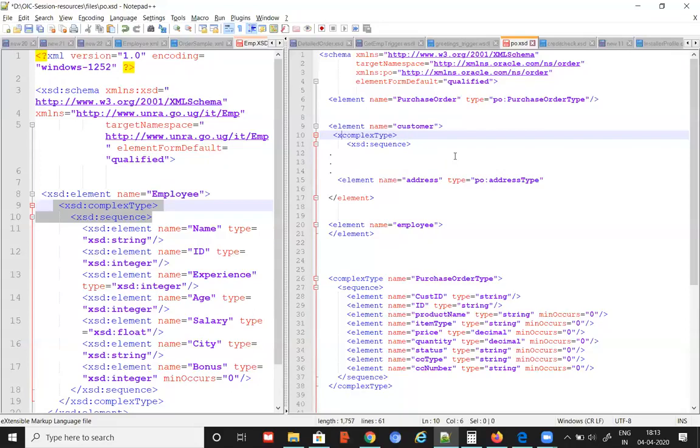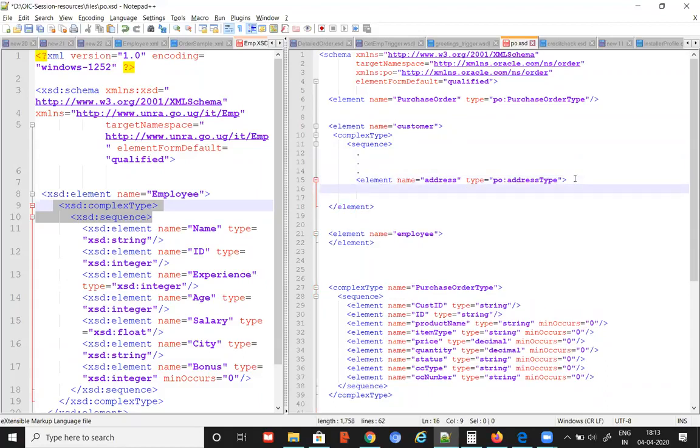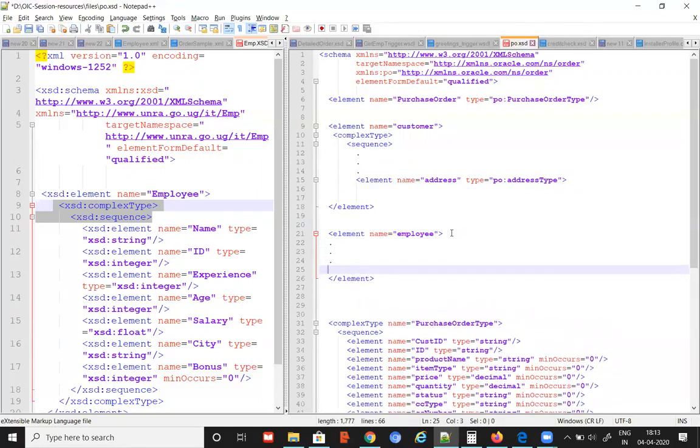Complex type, XSD sequence, right? Then you are having a sequence of these elements like 1, 2, 3. ID, name. Then one element is called address. Then you are going to have complex type ending, sequence ending, and complex type ending. Now the employee also will contain some elements. It also contains one address. The address is the same for both places. It contains like 4 fields.